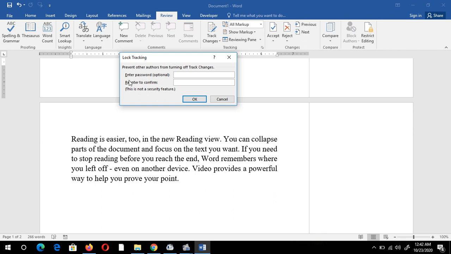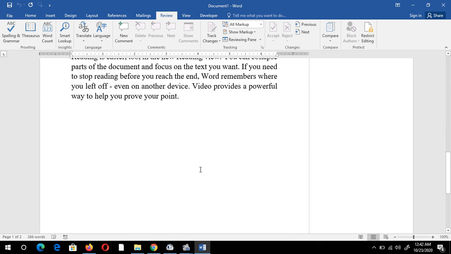So it requires a password, though it is optional, but I want to keep my document safe, so I need to write a password here. Suppose I am going to write college as my password. I have to re-enter the password, that is college. Now click OK.